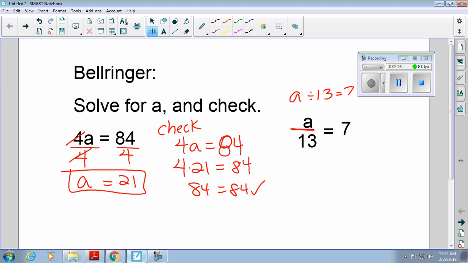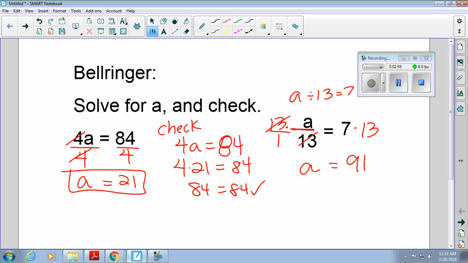So how would I get rid of that dividing by 13? Cam, nice and loud. By. Very good. She's very soft-spoken. Multiplying by 13. So you're going to multiply by 13 on each side. What that's essentially doing is you're canceling that out. You would be just left with a equals 7 times 13 is